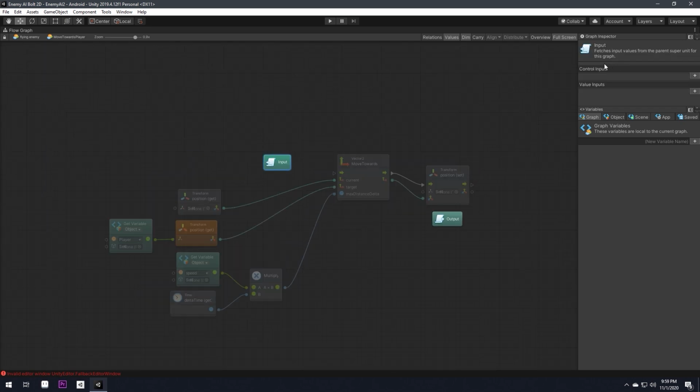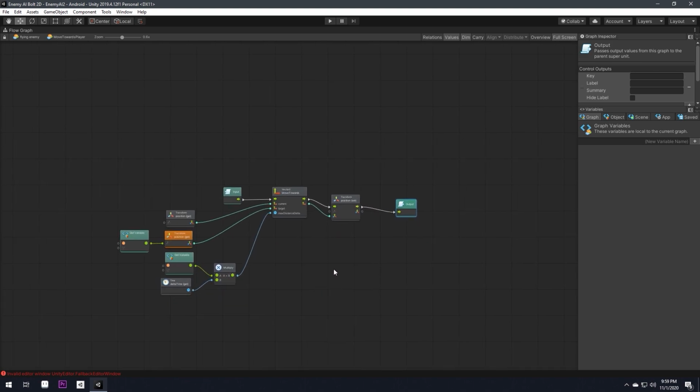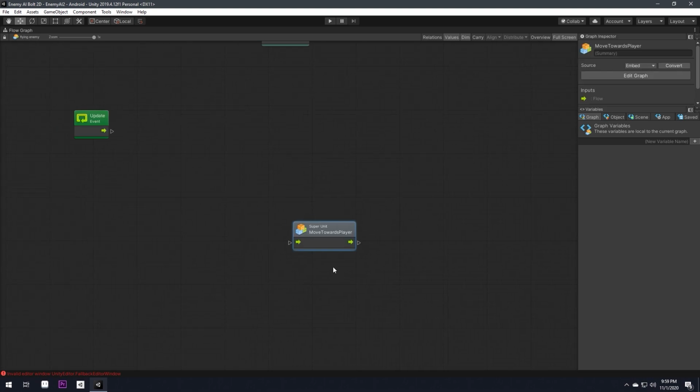So in the input section, in the control input, click plus to bring out an input. Now to see the input flow, in the key just press 1 space and hit enter. You'll see a key, and then drag and drop it here. After that, in the output, do the same thing. So control output plus, but here we need 2 spaces, and hit enter, and you will see a control output. Then put this here. Once we do that, let's go back to our flying enemy, and we have our move